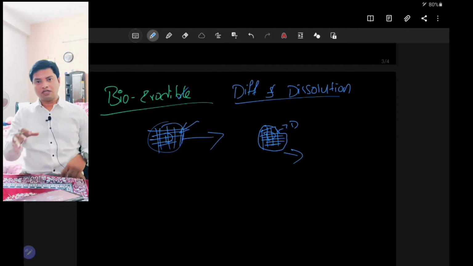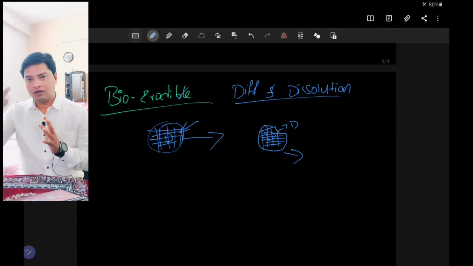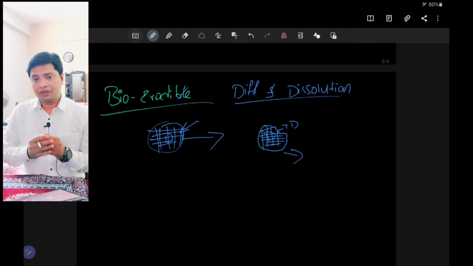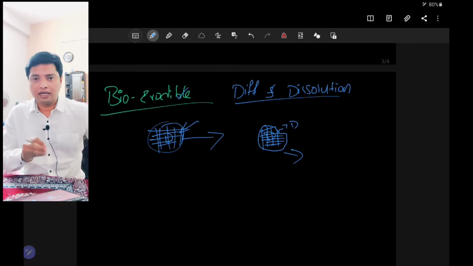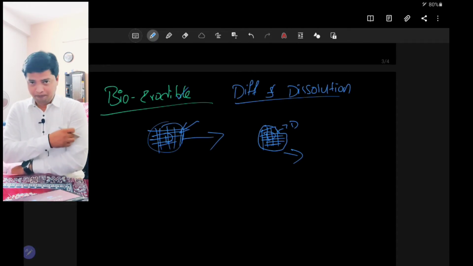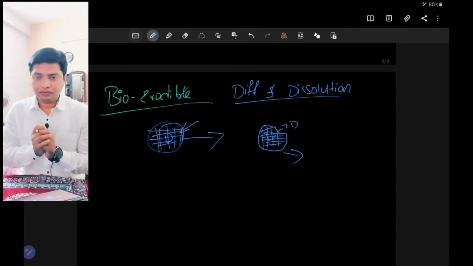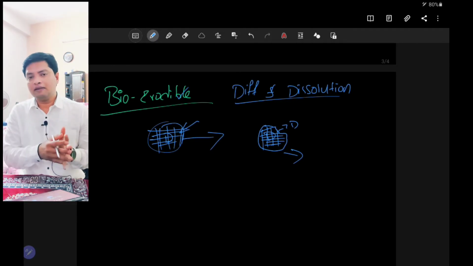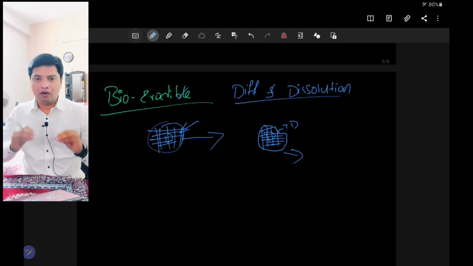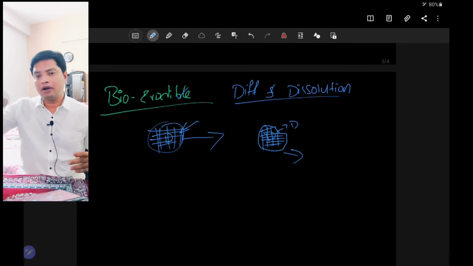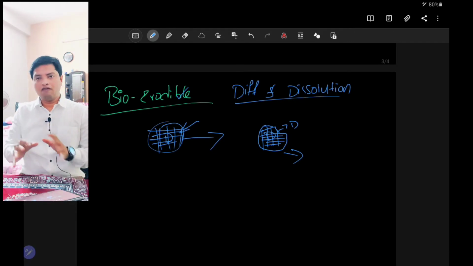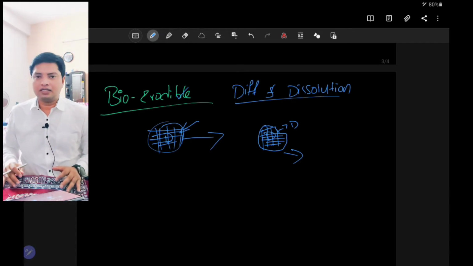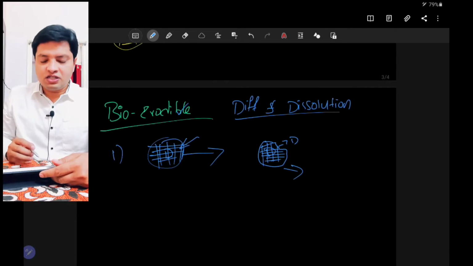This is not an oral system. If you want to control the drug release for 1 month, then you need to combine the drug in a bioerodible polymer and you can place it as an implant. Now this implant will slowly erode and release the drug over a period of time. That is how we will control the drug release from this system. So this is the first method.